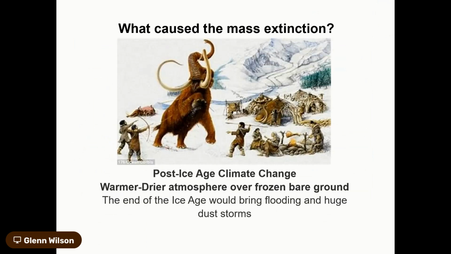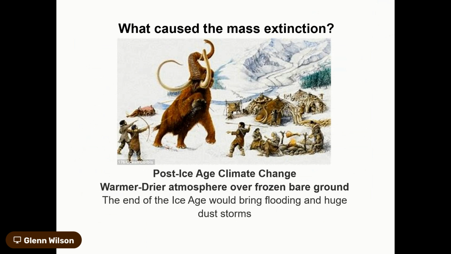Well, what was it? It was most likely caused by a combination of things, but I think the main factor was climate change. Remember, we talked about how the oceans were warm from the flood, God breaking up the fountains of the deep, and you had all these thermal jets ejecting hot water into the waters. And the waters before the flood were likely much warmer as well because they were shallow seas instead of the oceans that we see today. But once that starts ending and starts getting to a new equilibrium, you're not going to have the moisture pumped up. You're not going to be having the ice age continuing.